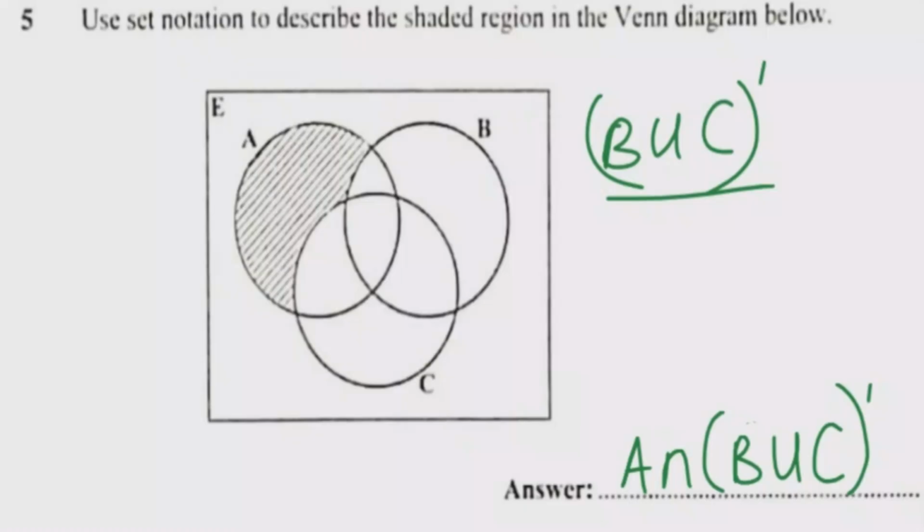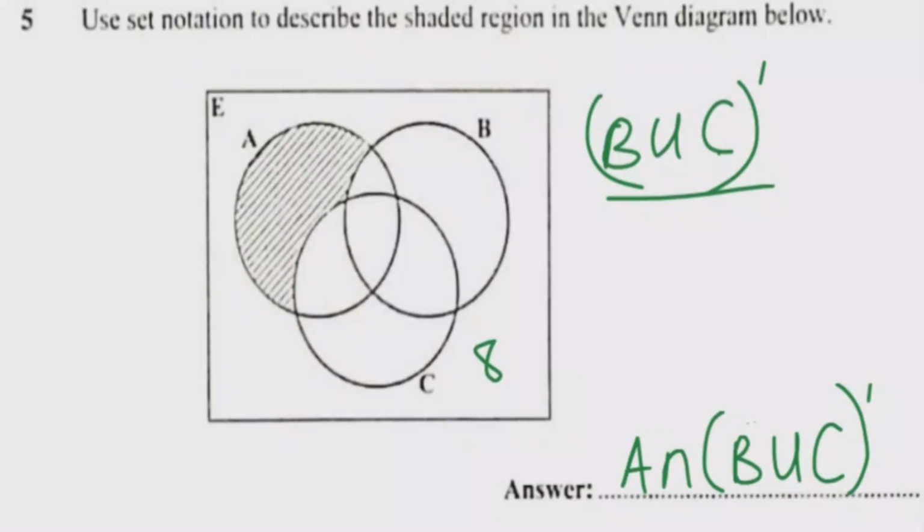The answer that I see the majority of the students writing is correct if there was no Venn diagram, no rectangle shape outside. But if there is a rectangle like this one, a universal set outside, with elements that can be in the universal set, then this answer is not correct. In case there is a number in the rectangle area, if we had 8 here, this 8 is also a member of